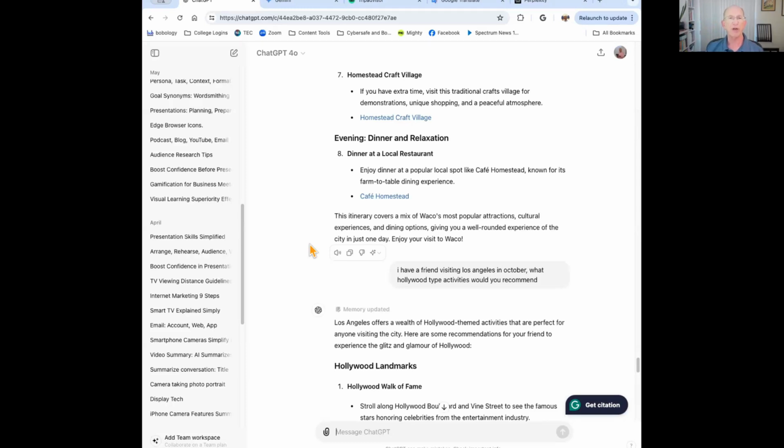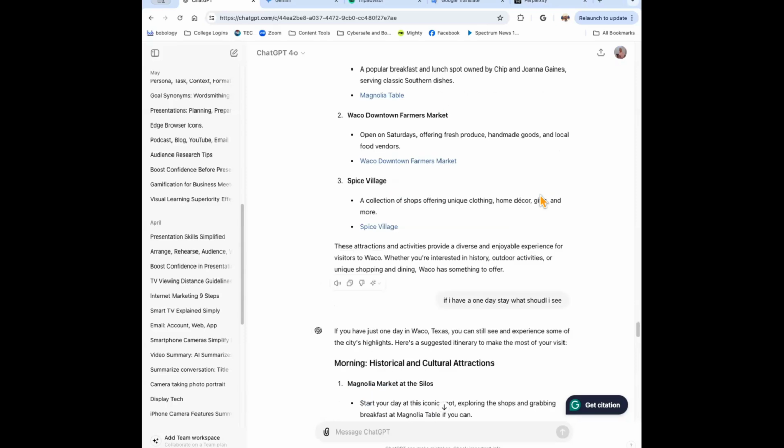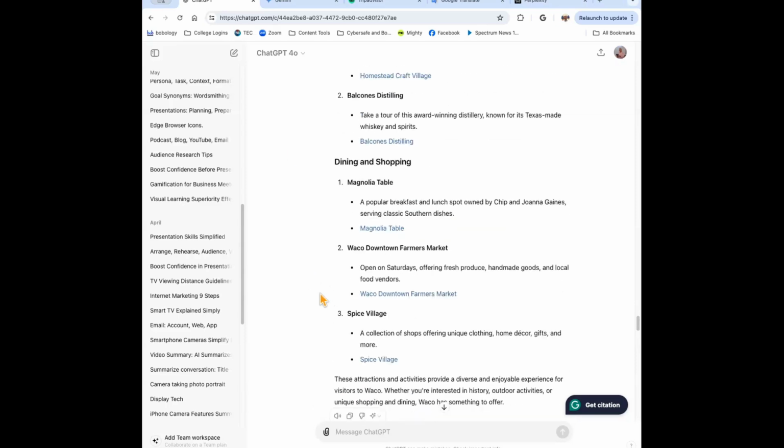You could start a new chat each time, but it does give you a hover icon here. I don't know if you see that, but it gives you the ability to copy that one if you want.